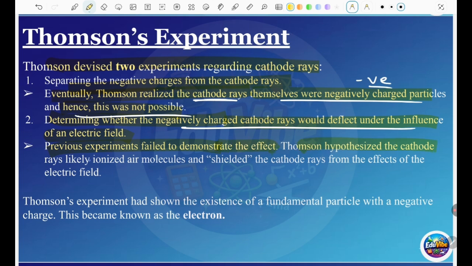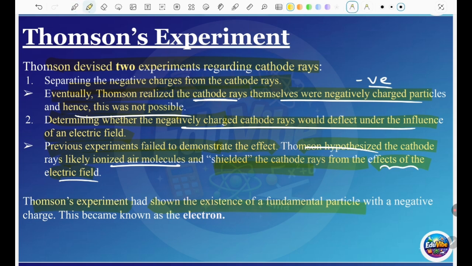Thomson hypothesized that the cathode rays likely ionize the air molecules, and these shield the cathode rays from the effects of the electric field. So to minimize the effects of the electric field, the ionized air molecules shield the cathode rays. That was Thomson's hypothesis. Eventually, after doing all these things, Thomson could conclude that his experiment had shown the existence